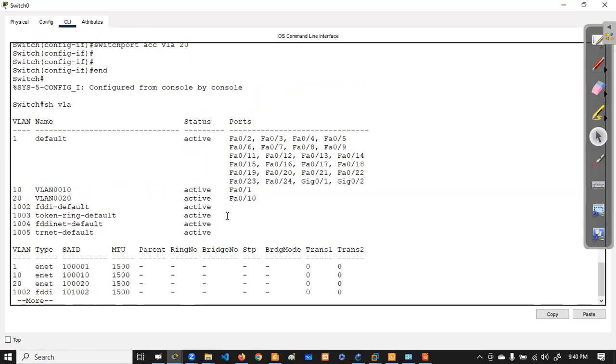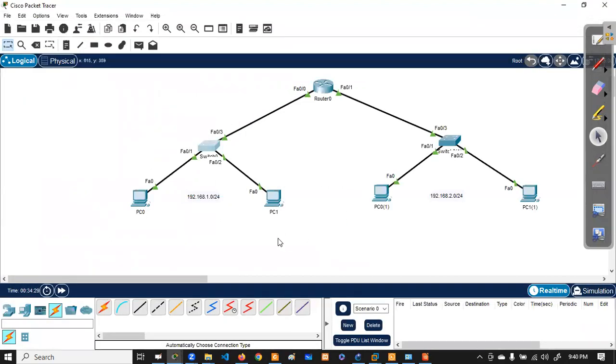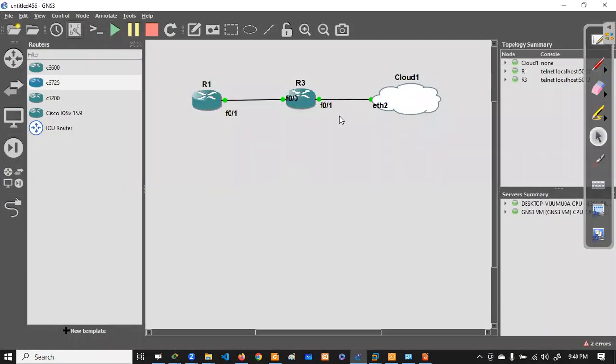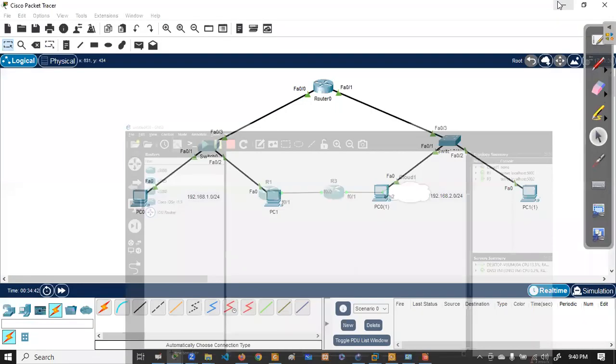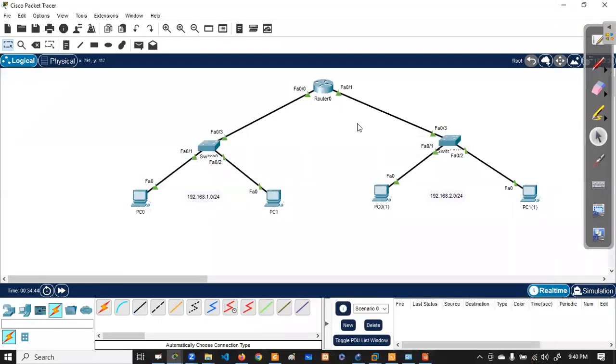So this is the way we can create VLANs and assign ports and separate the network, right? So now they cannot communicate. I will do the practical with Wireshark in GNS3 for more clarification. Okay. Any questions? Any other question? Questions are always welcome, right? Because then only you can get cleared.